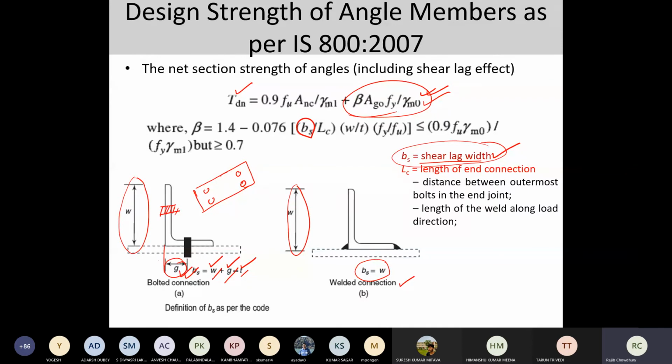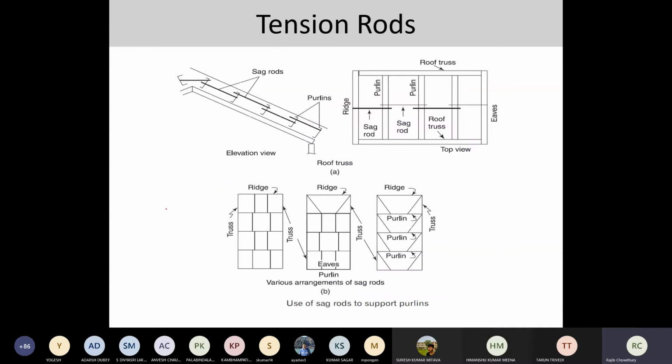Okay, if both the angles or both the legs are connected, then it would be different. And if one of the legs is connected either through the bolt or through the welding, accordingly you have to judiciously choose. Okay, these are all things I think I have shown already in the first lecture slide or second lecture